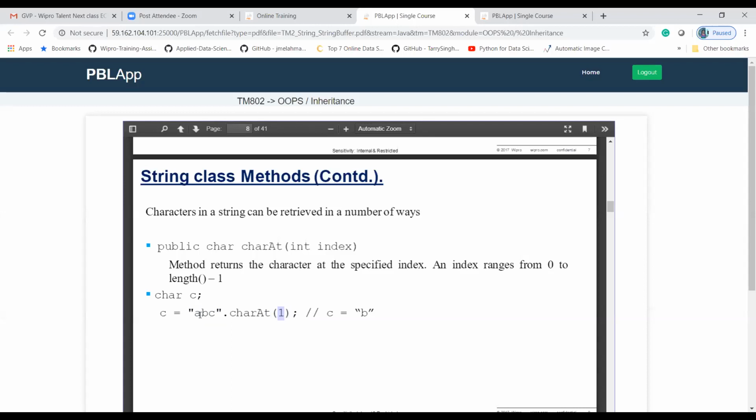It will store like that. The character at index 1 will be returned, so b will be stored in char c. You understand?